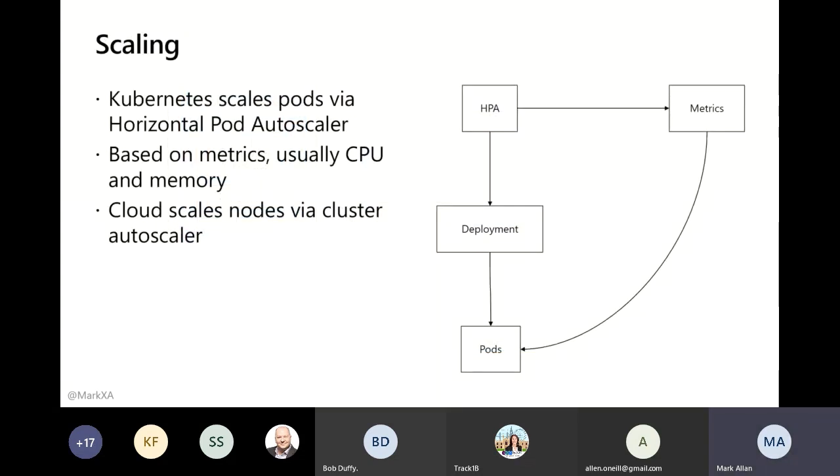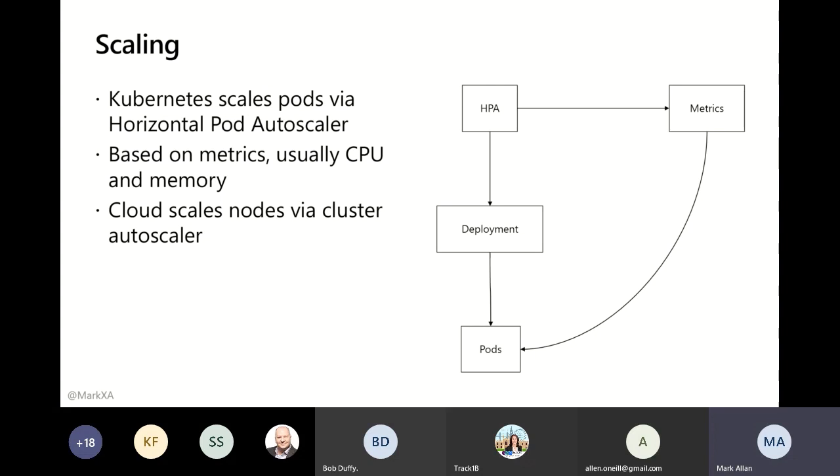Now, the actual scaling part of Kubernetes. There's a couple of different things in it. Within your VMs, within your nodes, you've got a number of pods. And your pods get scaled by what's called the horizontal pod autoscaler.